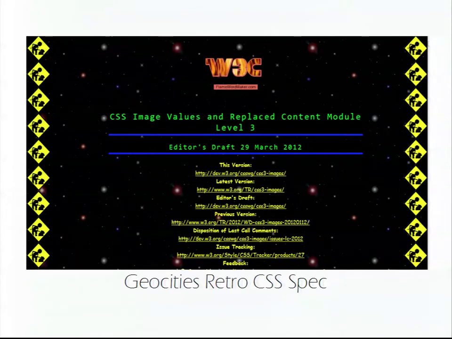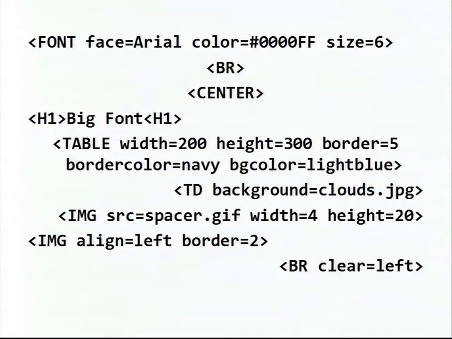Okay, they weren't really all that bad. Some of them were and some of them weren't. But this was before CSS. And this was when HTML was used both for your markup and for your styling. So you used things like the font tag, and H1 meant I want a big font. It didn't mean heading, it just meant big font. Block quote meant I want indentation. Everybody centered everything. No, not really, but